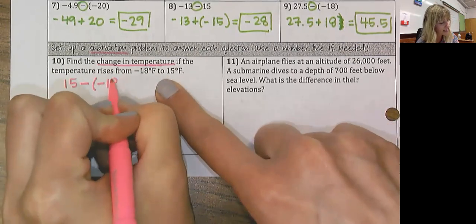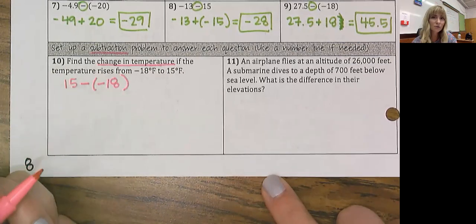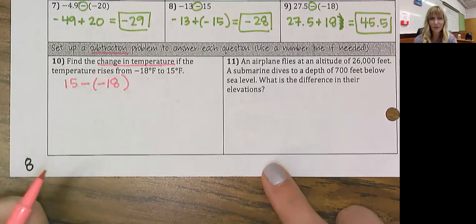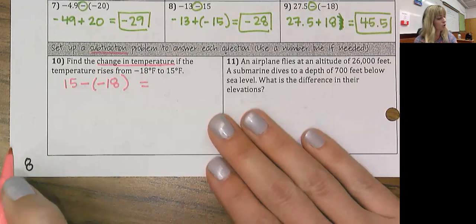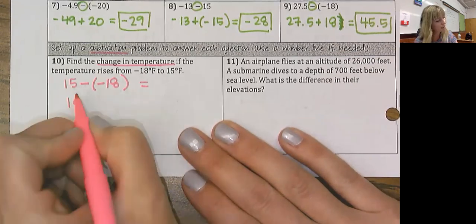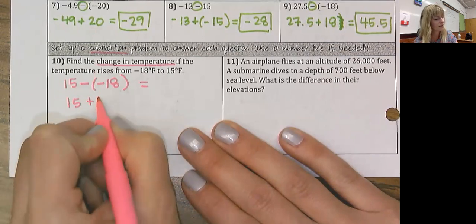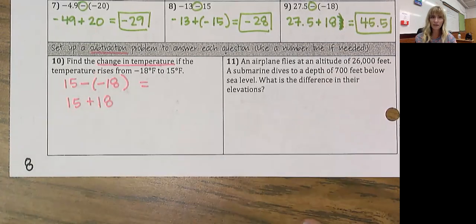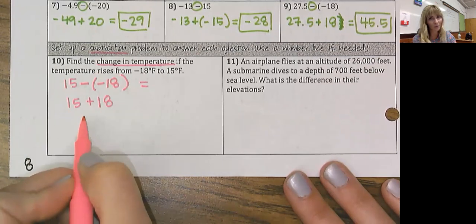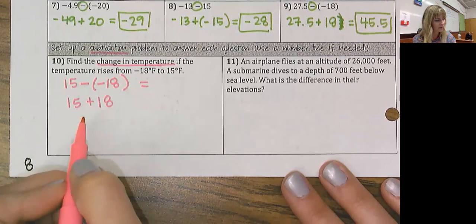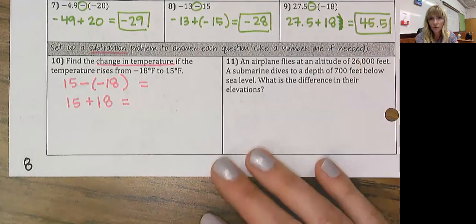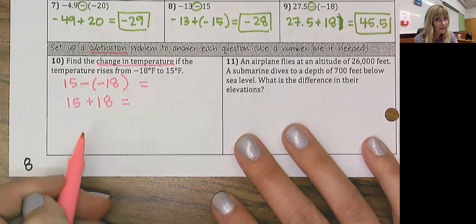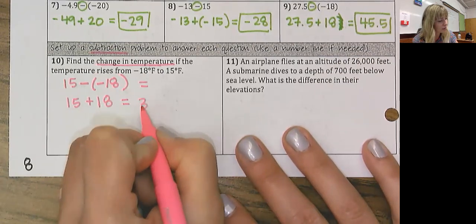I am subtracting a negative, which is something that if I said that to you, over the summer or something, or last year, you would have been like, what are we doing? What is that? But now you're so used to it, you know exactly what to do. You know you copy the first one, you know you change the action to addition, and you change that negative 18 to the opposite, positive 18. You now know, hopefully you're starting to get really good at the fact that minusing a negative is just adding a positive. 15 minus negative 18 is really just 15 plus 18. And now all I have to do is add those. It's same signs add, keep the common sign, but that's also just kind of elementary positive numbers we've worked with for a long time. So 15 plus 18 is 33 degrees